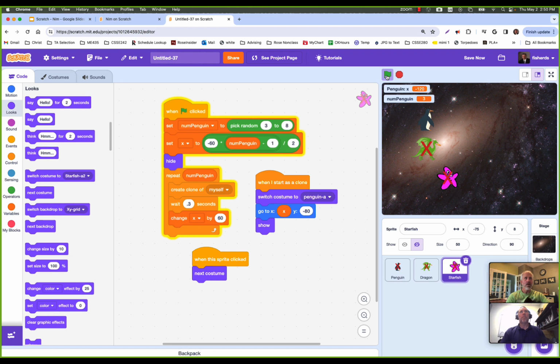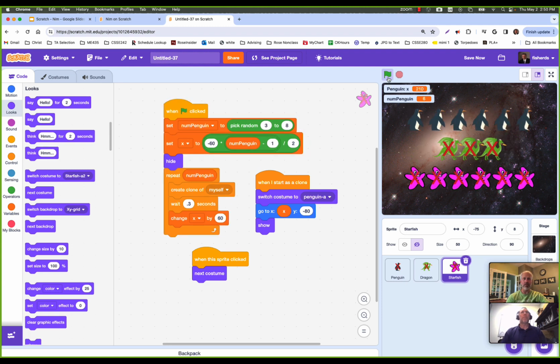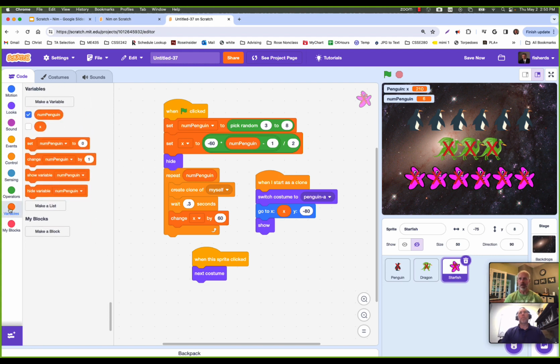Great. Things that I like, things that I don't like. I don't like that they only have num penguins. It's kind of behaving weird because they're independent, but it's kind of confusing. I think it would help my confusion if I made 2 more variables. All right, so here's what I'm going to do. I'm going to,